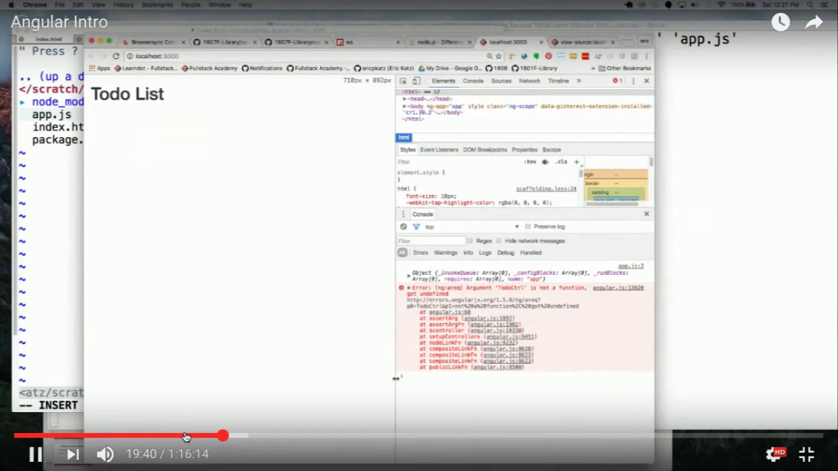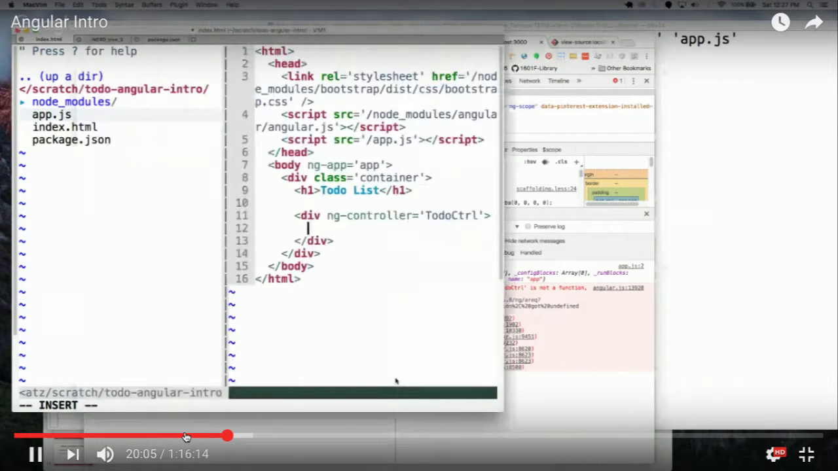So it's saying, look, I don't know what this is. You're telling me that there is a controller called to-do control, but I can't find it. And it tells you, I expect this to be a function, and I can't find it, so it ends up throwing this exception. This is a fairly common error to get, and you have to realize why you're getting it, because Angular is not able to find that. So now we could go back here,